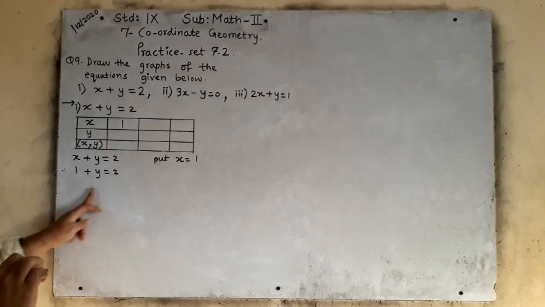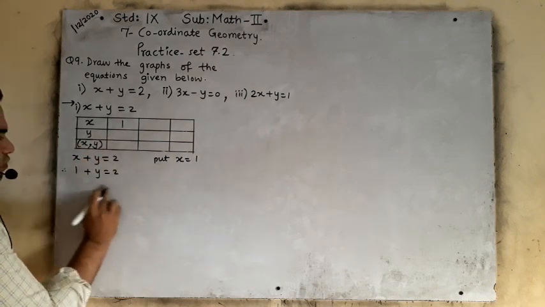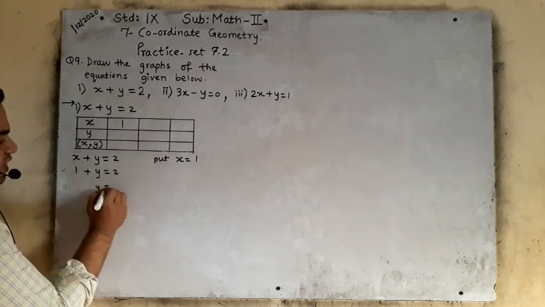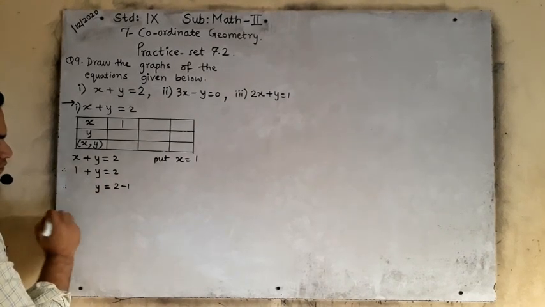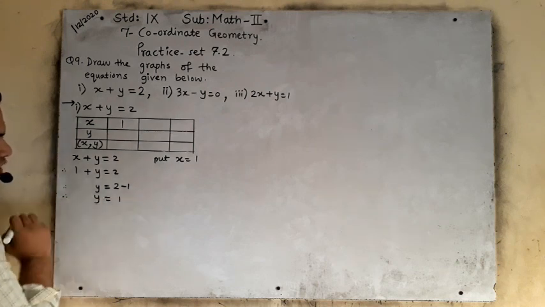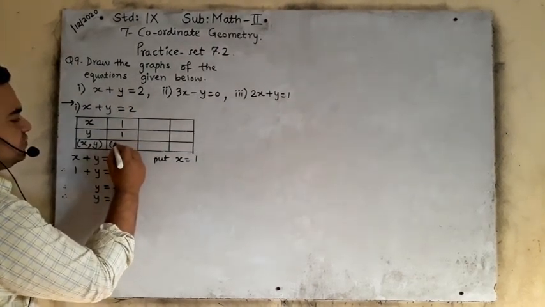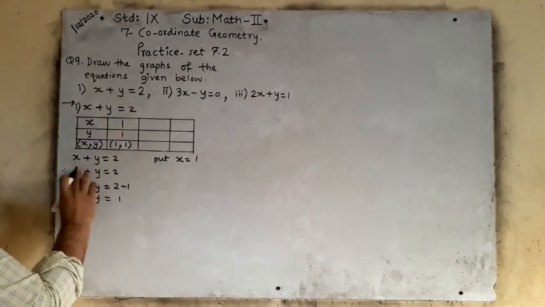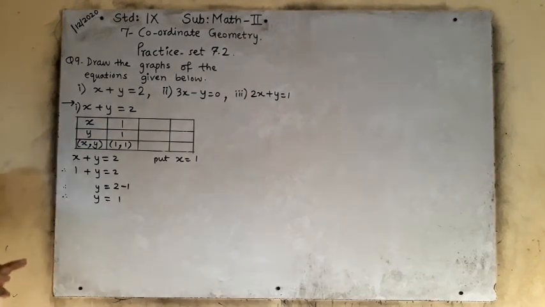Now we will solve this equation and we will get the y coordinate. Okay, now see, the number will go to the number, right? So therefore y is equals to 2, and this one will go to the right hand side, it will be -1. So therefore y is equals to 1. Is it clear? y is equals to 1. So what you will write at last: 1 x coordinate and 1 y coordinate. Is it clear? This type you have to solve at least 3 coordinates of each equation.